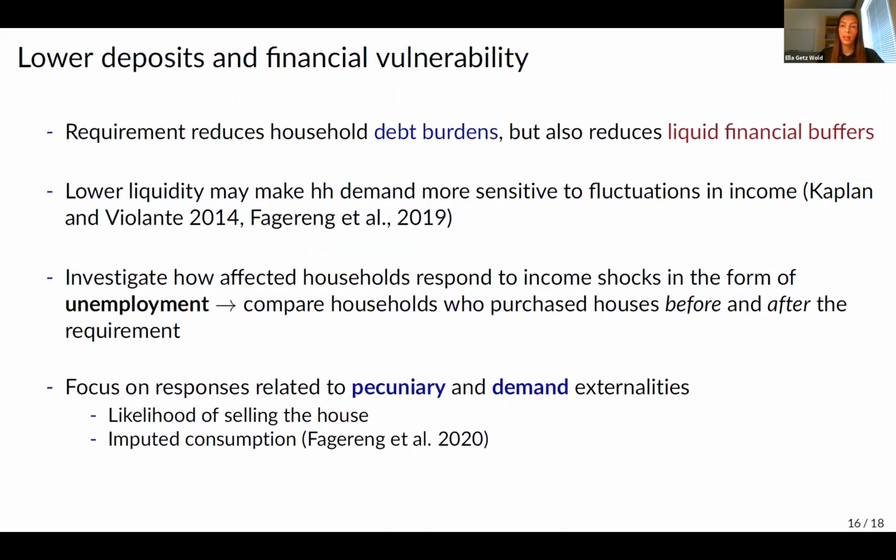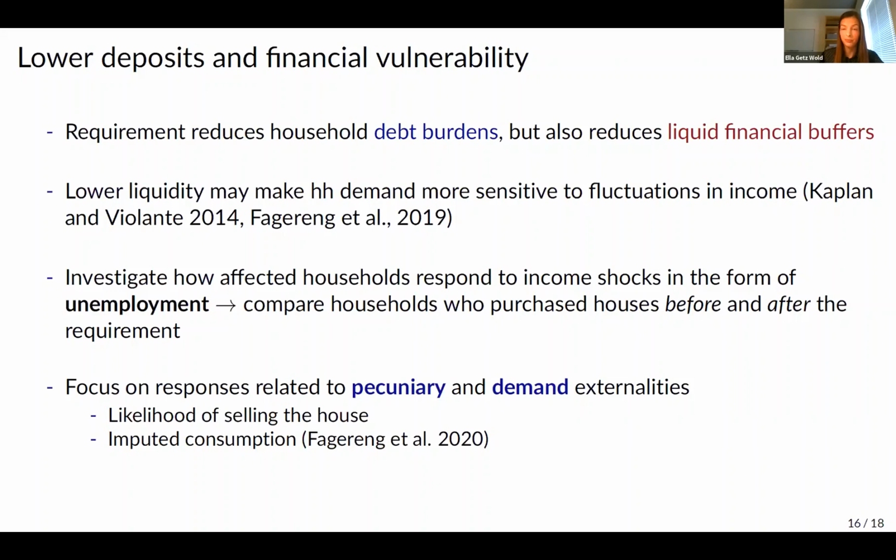So what we have then is that the LTV requirement seems to be reducing household debt burdens, which we think is good for financial vulnerability. But it also reduces liquid assets, which we think might be more problematic. And this effect seems to be quite persistent as well. So we know from existing literature that lower liquidity may make household demand more sensitive to fluctuations